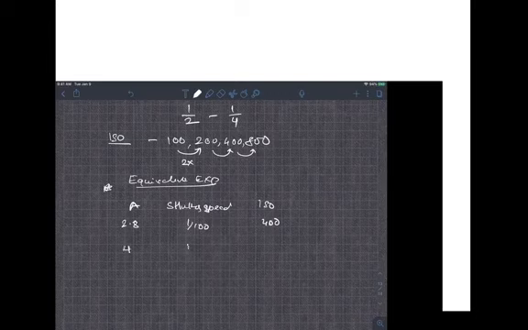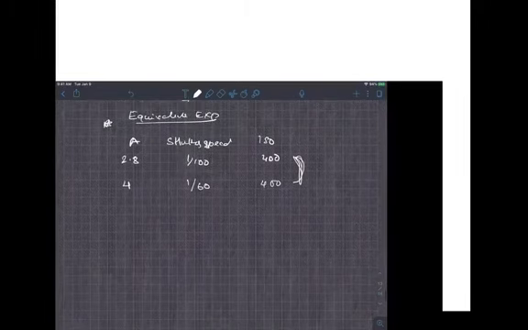I can stop up the shutter speed. It should be 1 by 50, but we use 1 by 60. And these two exposures will be very close. They'll be equivalent exposures. They'll be very similar. So that's the idea of equivalent exposure. And then the last thing we talked about is metering.